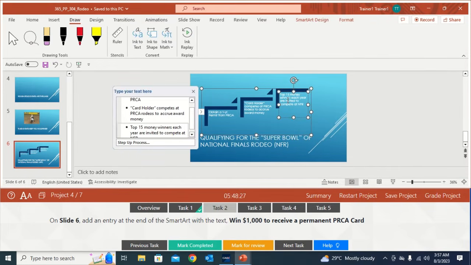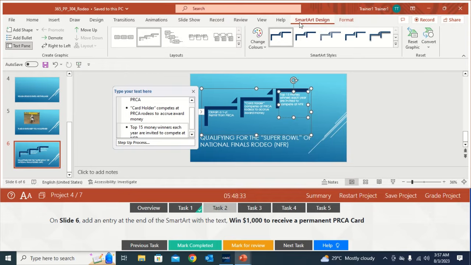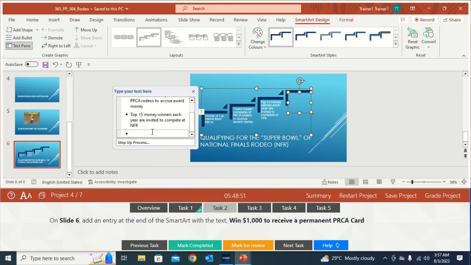Select the last shape. Then on the ribbon you see the SmartArt Design contextual tab. Then go to the Create Graphic group and Add Shape. You select the drop-down arrow and Add Shape After. So now here in this text pane, type win